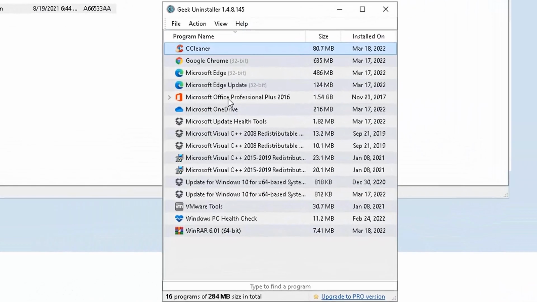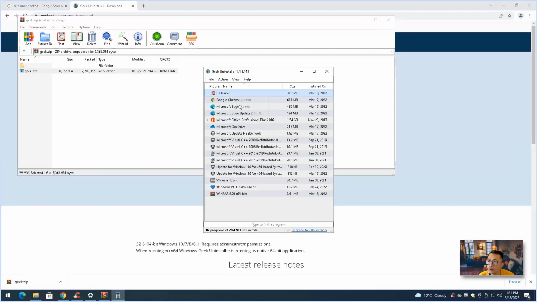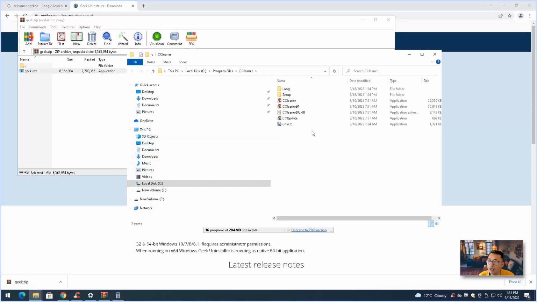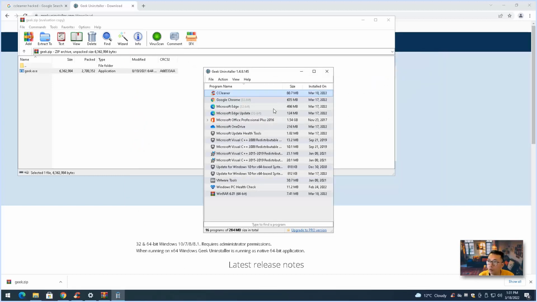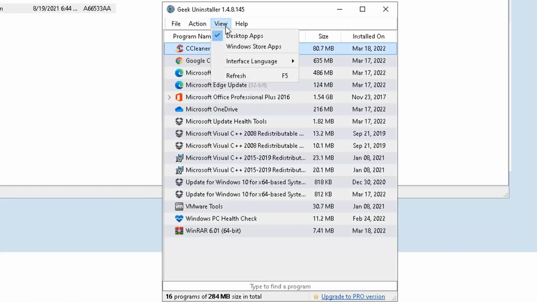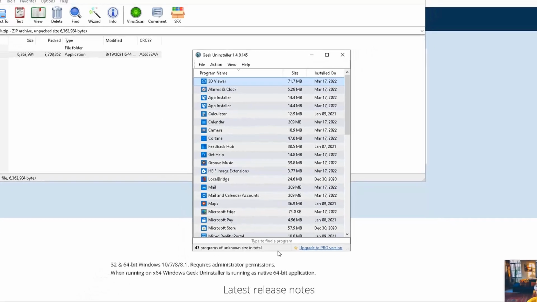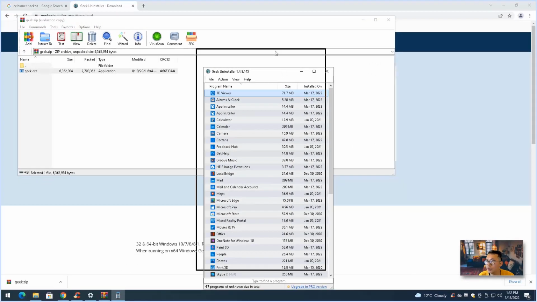Then it will show all the programs installed. You can uninstall them and force remove, or just remove the entry. You also can see the installation folders. That is very helpful. I like this feature, since sometimes I do need to know where it's installed and what kind of information is in that folder. Right now we are seeing the desktop apps, and for the Windows Store apps, there's an option here. So now you can see those Windows Store apps,